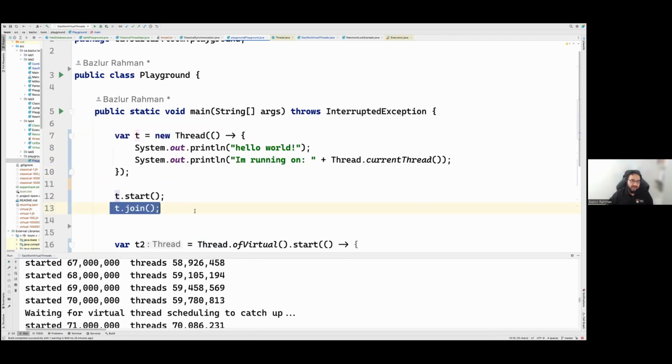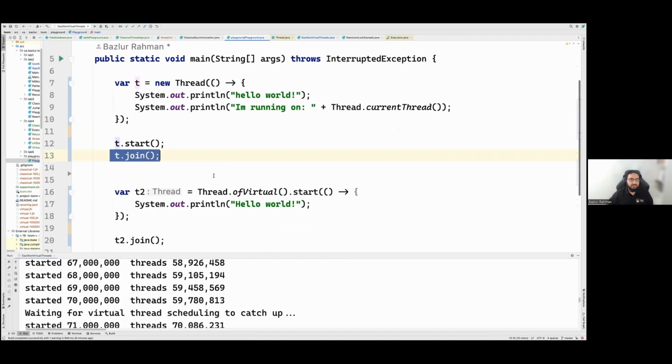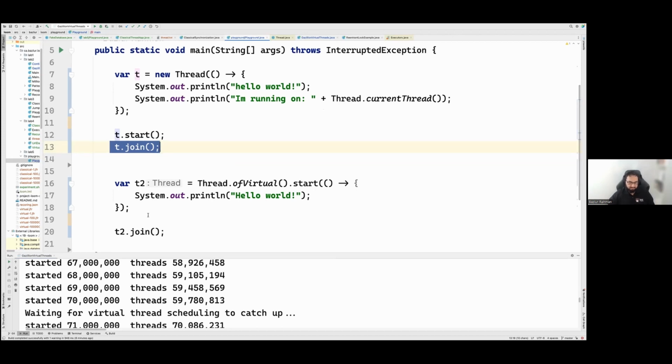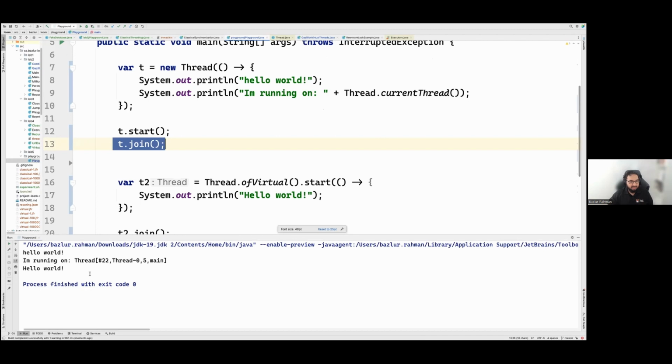If we don't join, the main thread will create those two threads and die out, and it will not be able to see the result. That's why we join. We ask the main thread to wait, let them finish. So if I run this,